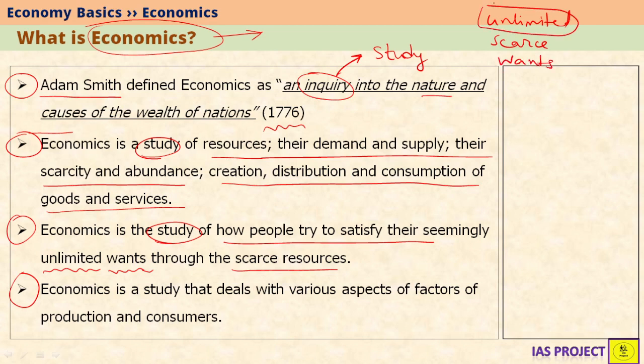Why are the wants unlimited? Because it is in human nature that if we get something, we want more. For example, if I have a bike, I may wish for a car. If I have a small car, I may wish for an SUV. If I have an SUV, I may wish for a sports car. So this is in human nature itself and it is very much inherent in us. So the wants are always unlimited. And the word here is wants.